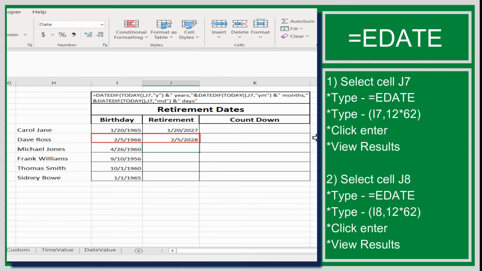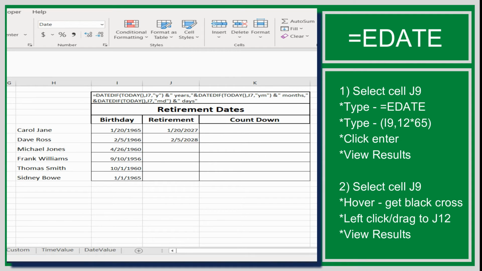Now let's do the same for Michael, but let's have Michael retire at 65. He wants to push it a little bit further out. So let's say equal, type EDate, place an opening parenthesis, and select Michael's birthday. Let's place a comma. And this time we're going to say 12 times 65. Let's place a closing parenthesis and say enter. It looks like Michael will be retiring in 2025 if he decides to work until the age of